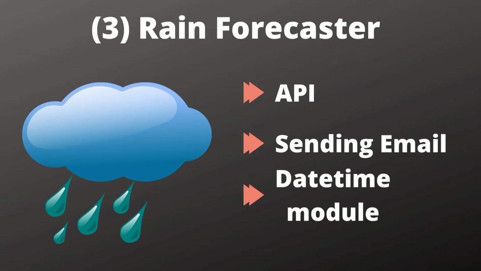Now, application programming interface is a set of commands or functions which is used for getting data from an external website. Now the second thing is sending an SMS. There is one API called Twilio which is used for sending an SMS, and the third thing is the datetime module. So I used the datetime module to predict on which date it will rain or not.